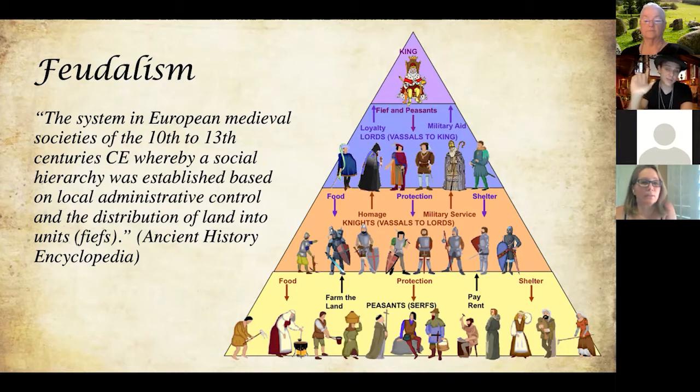Whereas a serf, you were not a slave, but you were not free in the sense that you were legally bound to the land where you lived. And you were a part of the package in any of these land units, or any of these fiefs. You were part of that package. But as we in the society generally consider ourselves to be of the upper classes, we're going to be focusing